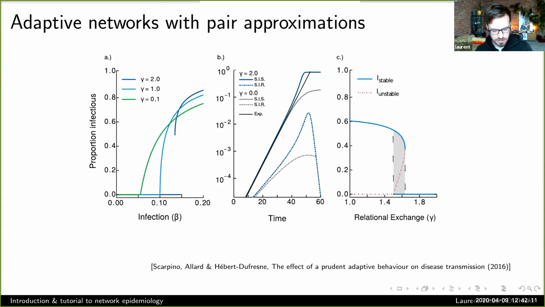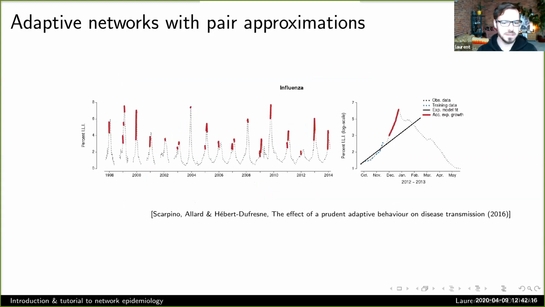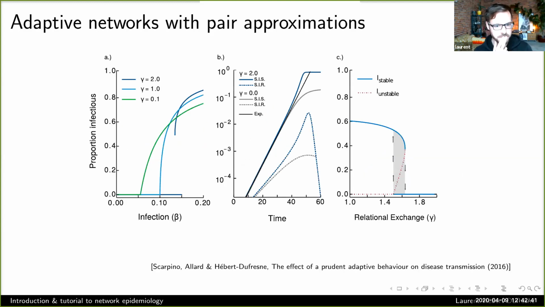So this is the type of thing that I think we need more of right now with the COVID outbreak. We ended up looking for this super exponential behavior in patterns of influenza. And we're not saying that this is the mechanism behind this, but the idea is that when you look at time series of real epidemics, you see a lot of rich behaviors, and classic models can't explain all of it. So we need really all hands on deck right now trying to figure out what's the best way to make sense of epidemic data, which you're gonna hear a lot more about in the next tutorial. But yeah, so these models are completely solvable, and I think they're handy to think about specific mechanisms.